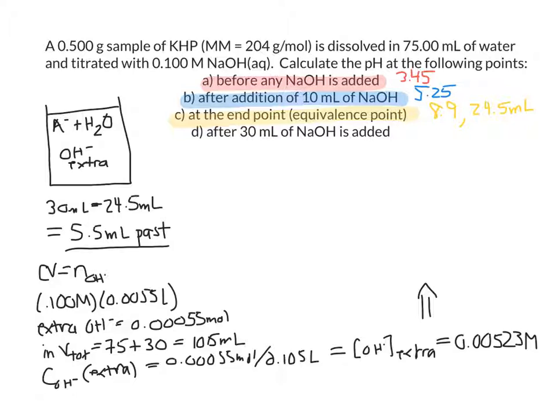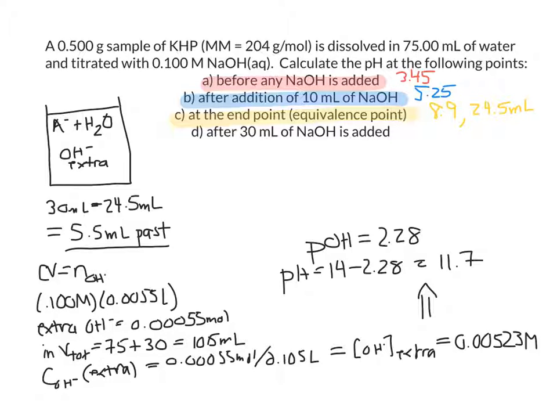And so the pH is going to be determined by that amount of extra OH minus that I have in the beaker. And so my pOH is the negative log of that number, which is 2.28. And then the pH is just 14 minus the pOH, and so my pH at 5.5 milliliters past the equivalence point, or a total of 30 milliliters of sodium hydroxide added, is going to be equal to